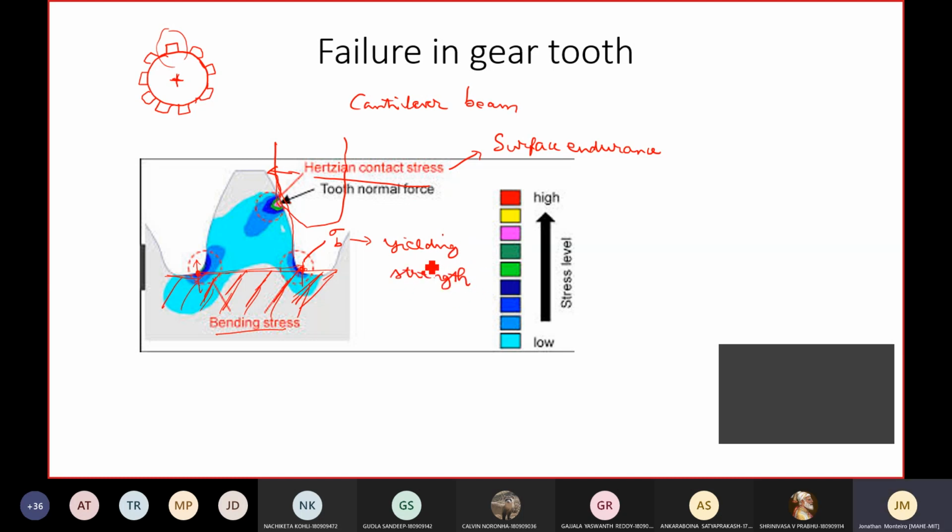Which are the two forces acting on the gear tooth? Just to revise, one is the bending stress and one is the contact stress. Bending stress is at the root, contact stress on the entire surface. What is the limiting part for bending stress? We would limit it using yield strength or even the bending endurance limit. Contact stress has to do with the surface itself. The harder the surface, the better the contact stress management. You can manage the stress better by using a harder surface material.